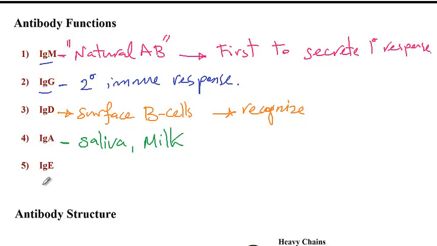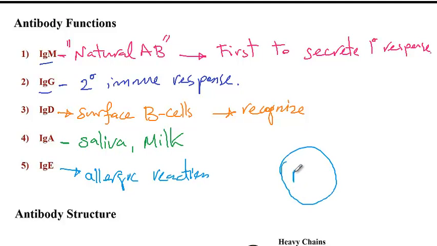And then finally we have IgE, which initiates an allergic reaction. So this IgE is actually receptors that are found on the surface of mast cells. So they have a lot of IgE receptors. And once these IgE become active on the surface of mast cells, they will release histamine,